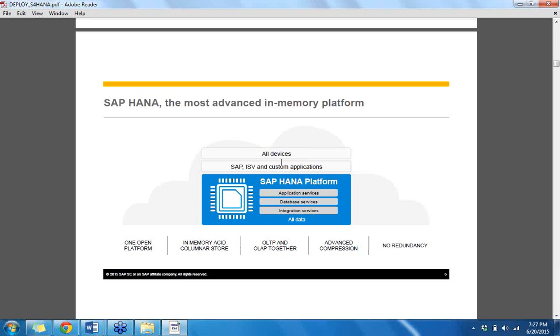Especially when we see about SAP Simple Finance powered by HANA. Now it's one of the solution where it used all the capabilities of in-memory. One is open platform, columnar storage, transaction processing as well as analytical processing, compression, no redundancy of data. So Simple Finance is a solution. Now that's the first step that SAP has come up with